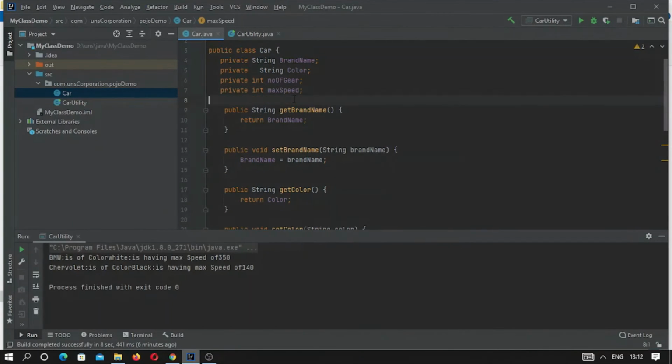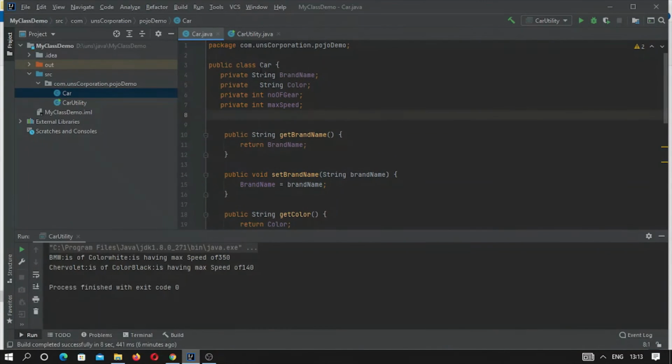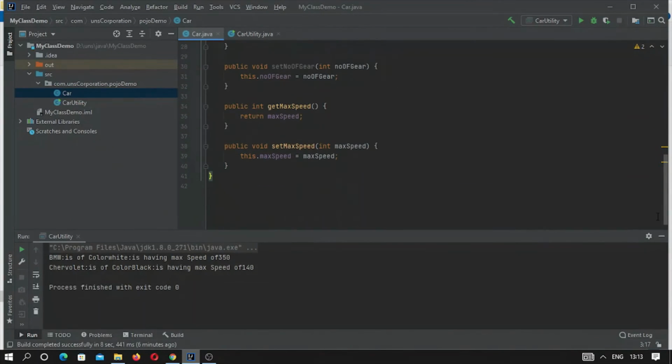So a constructor can be a no-argument constructor or a parameterized constructor. So we can create constructors as well as some methods. Suppose first we are creating a fully functional method.